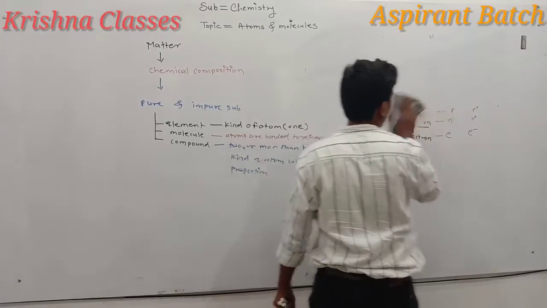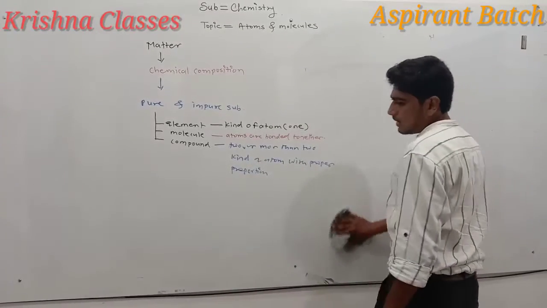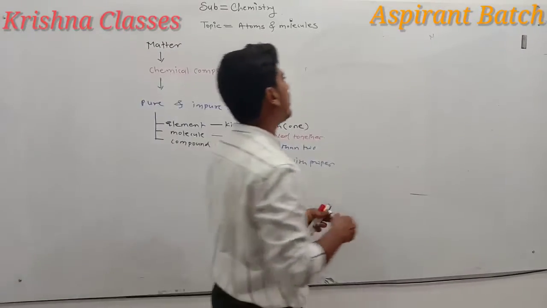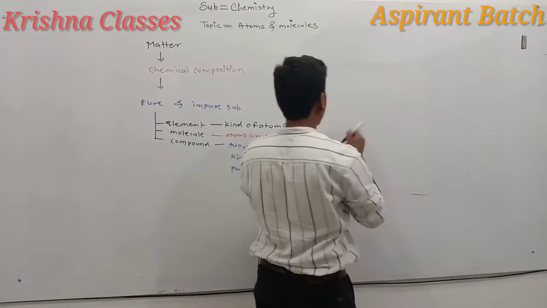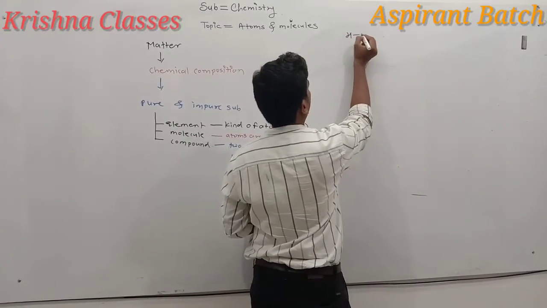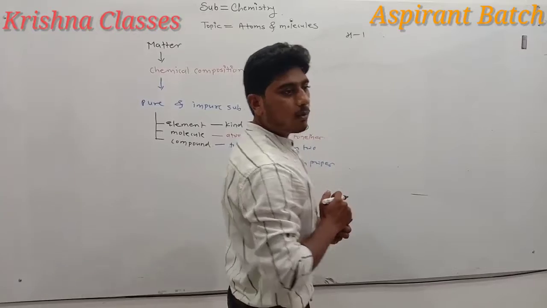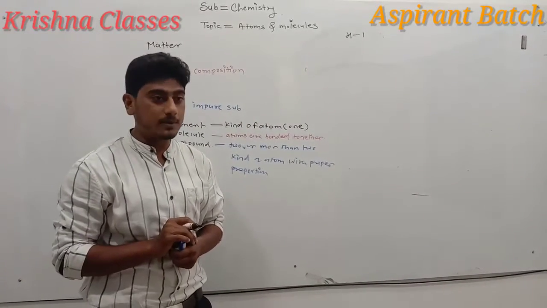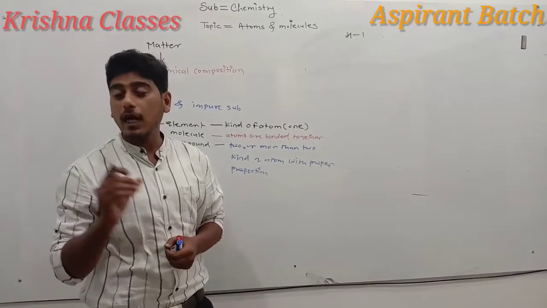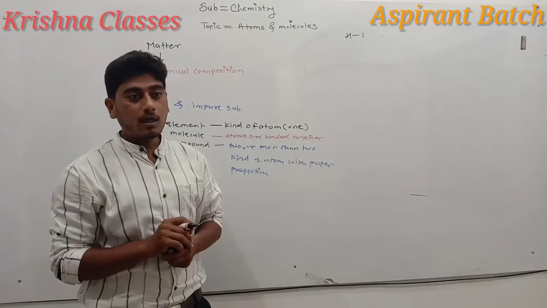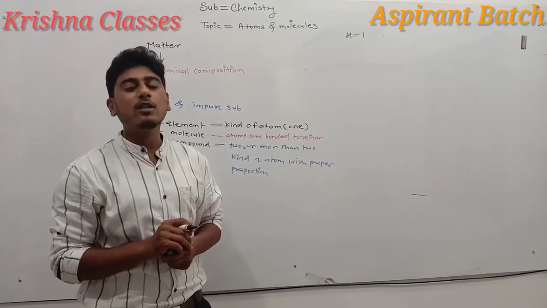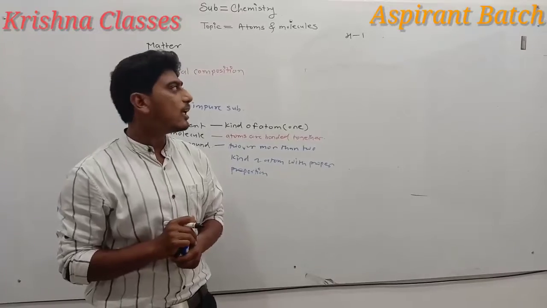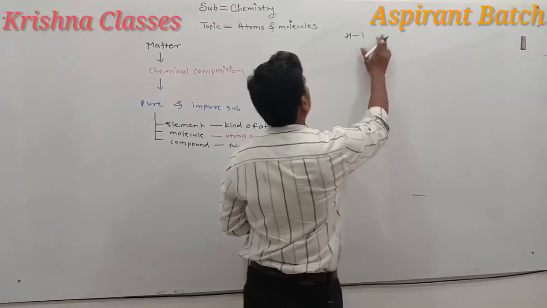It is not necessary to remember the atomic masses of all elements. Some elements' atomic masses you do have to remember. Just like hydrogen is 1. We know that in hydrogen there is only a proton and an electron. Neutron is absent. So hydrogen is also called a proton, because there is an absence of neutron.